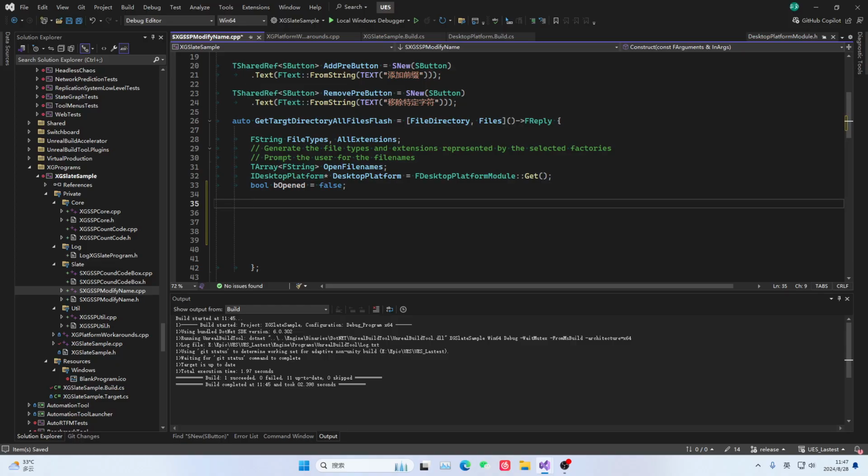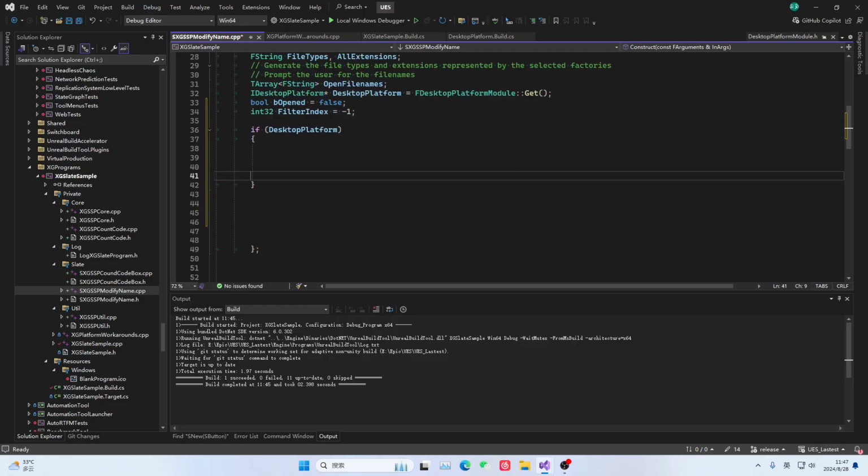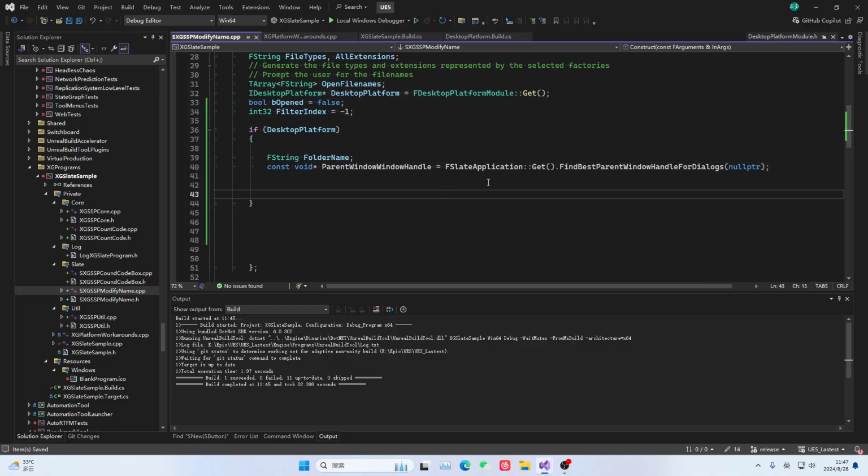Then because we need to make judgments later, here we give a thread index. This index hasn't been used yet. Just ignore it. Then here, we first need to get this platform object. After obtaining this platform object, we give it a floater. And then this is the name of the floater. Then we go find our current Windows giant widget. After getting this giant widget,